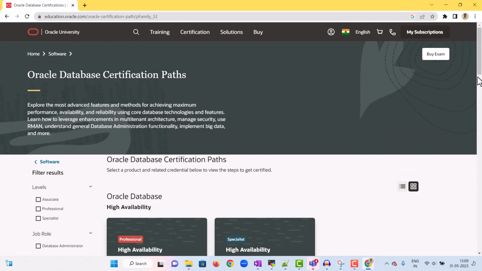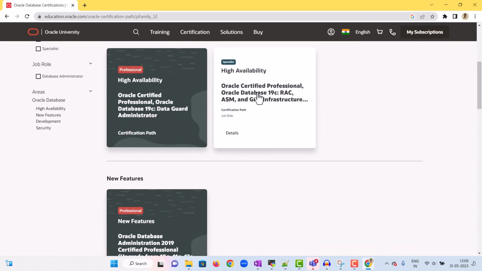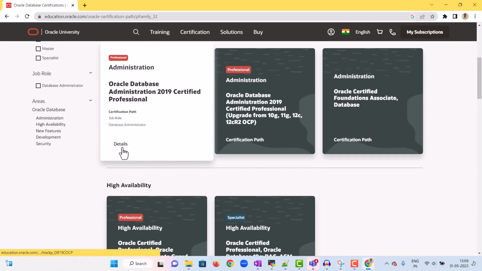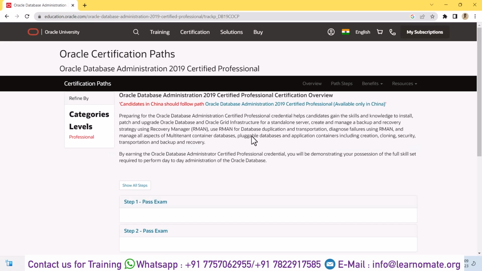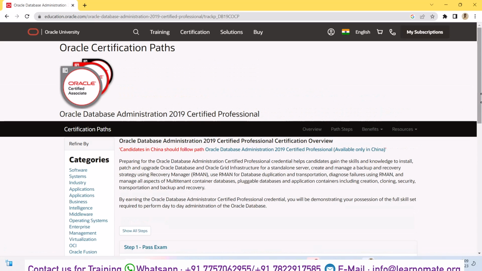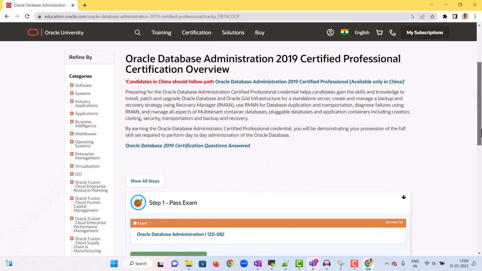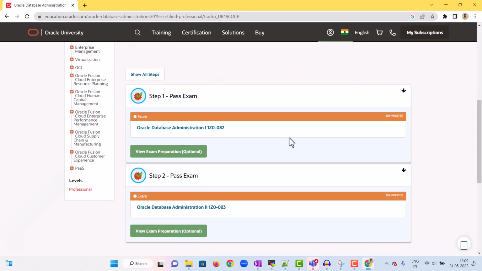then scroll down, and here you can see multiple certifications are there, but right now we are interested in Oracle Database 2019 Certified Professional, which is also called the OCP certification. Click on details. There are two exams to become certified as OCP. The first is 1Z0-082. Once you clear the first exam, only then can you go for the second exam. Click on the first exam, 1Z0-082,